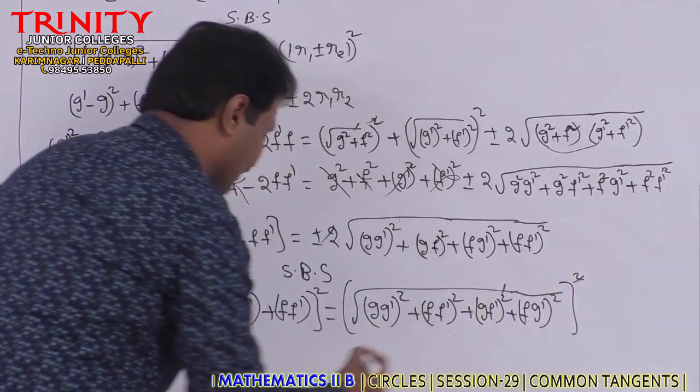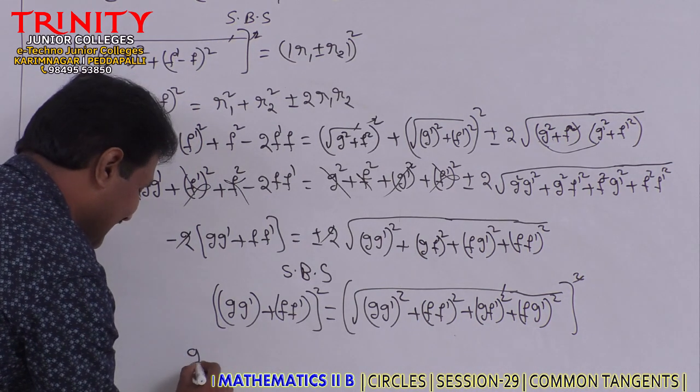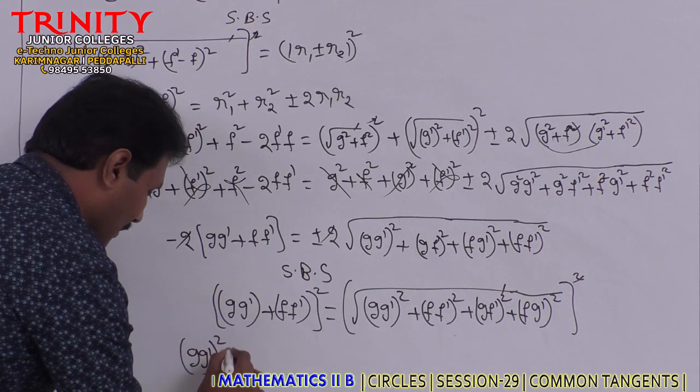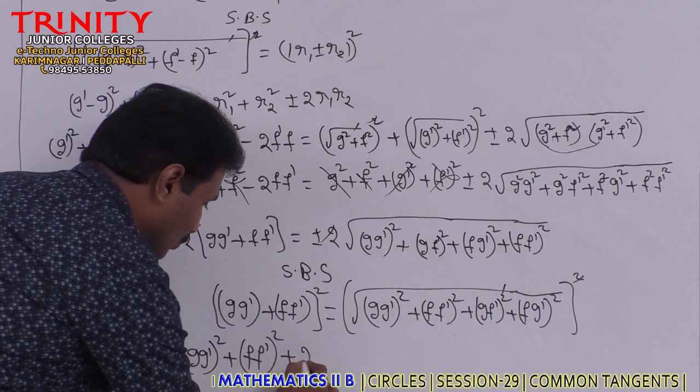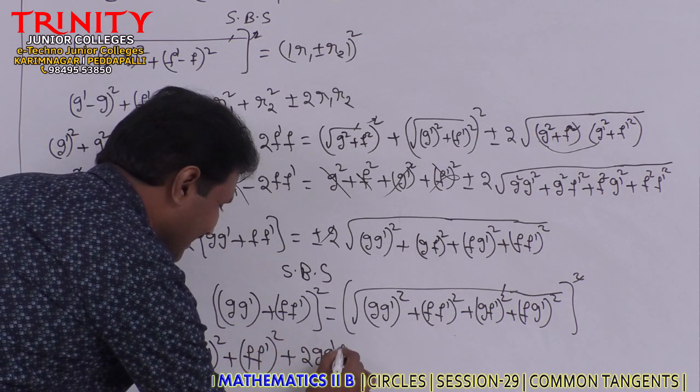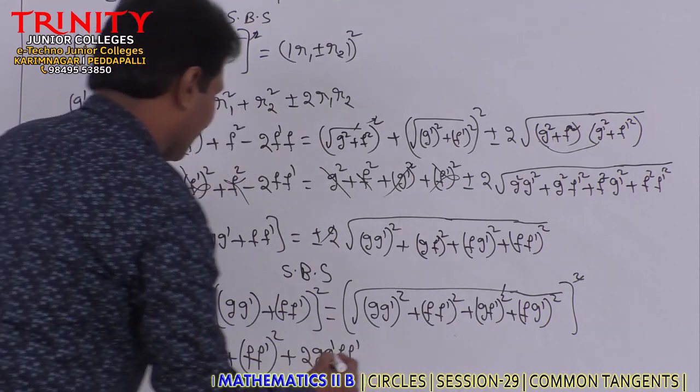Square root cancel, therefore g dash whole square plus f dash whole square plus 2 g dash f dash